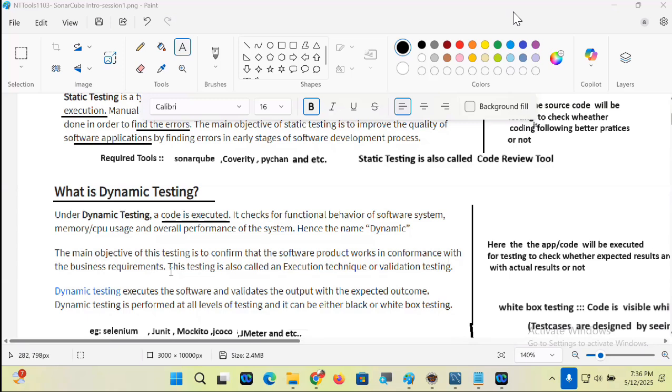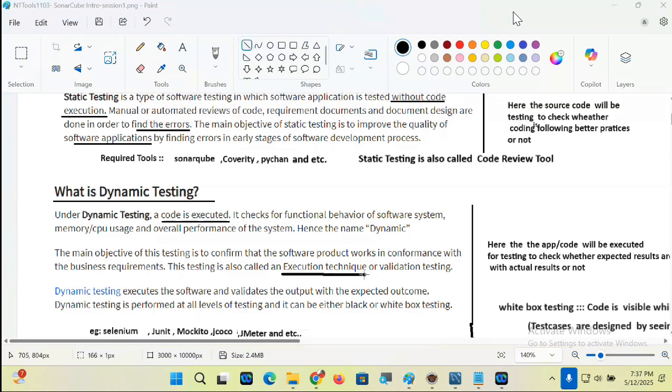This testing is also called as execution technique or what? Validation technique, guys.